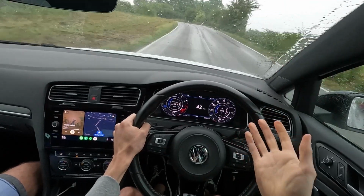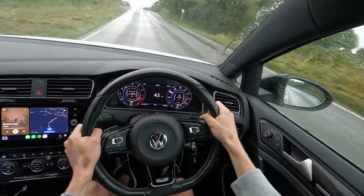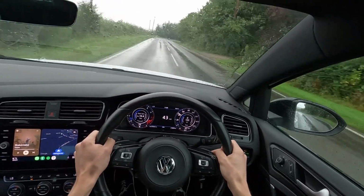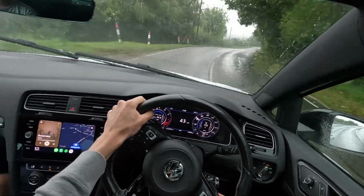In terms of size, there's no difference. It's the same sort of width and sort of placement on the road between the 8.5 and the 7.5. As the rain gets a little bit heavier, it's probably a good time to